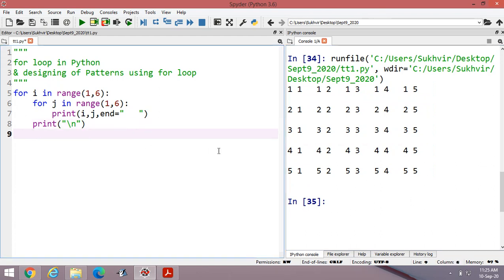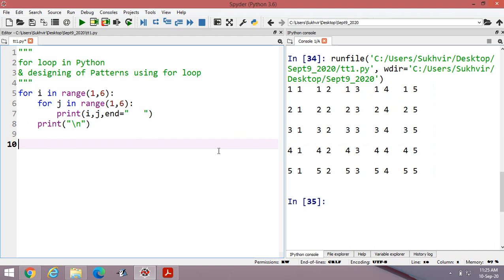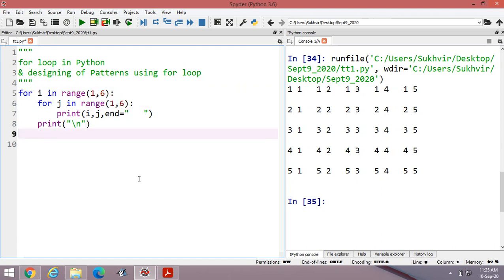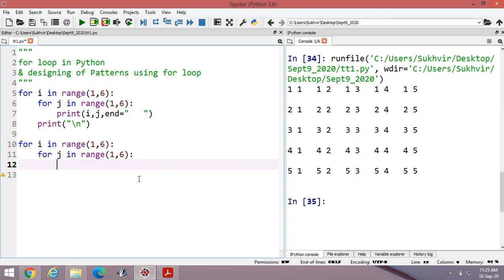Now, for i in, copy this content, this one, and paste here. Now, for i in range 1 to 6, for j in range 1 to 6, and then suppose you have to control the data of this pattern. Look at this pattern.